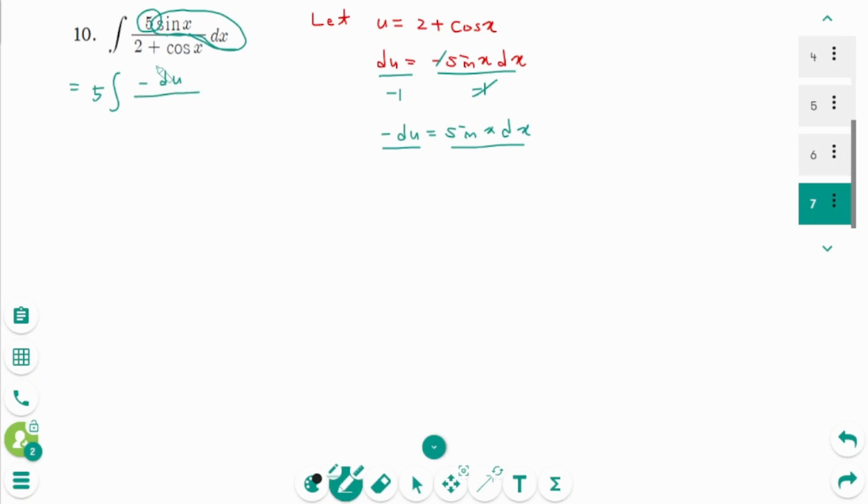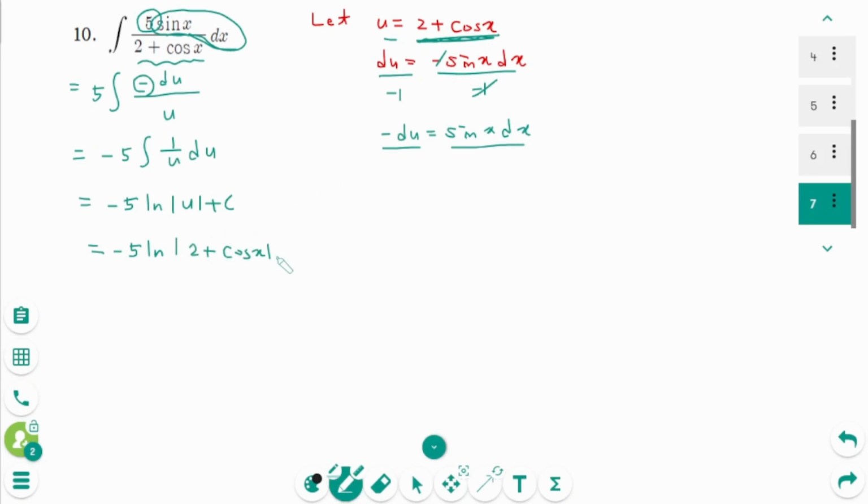over 2 plus cosine x is u. We can rewrite as minus 5, the integral of 1 over u du, equals minus 5 ln absolute value of u plus c, equals minus 5 ln absolute value of u was 2 plus cosine x plus c. In here, the range of cosine of x is -1 to 1, then plus 2 on